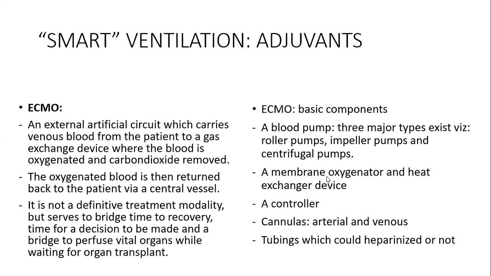ARDS patients, patients with fibroid lungs, these are patients you want to do lung protective ventilation for. And lung protective ventilation is to protect against barotrauma and volutrauma. What you have to do is reduce your tidal volume, sometimes as low as 4 mL per kg of ideal body weight or lean body weight,